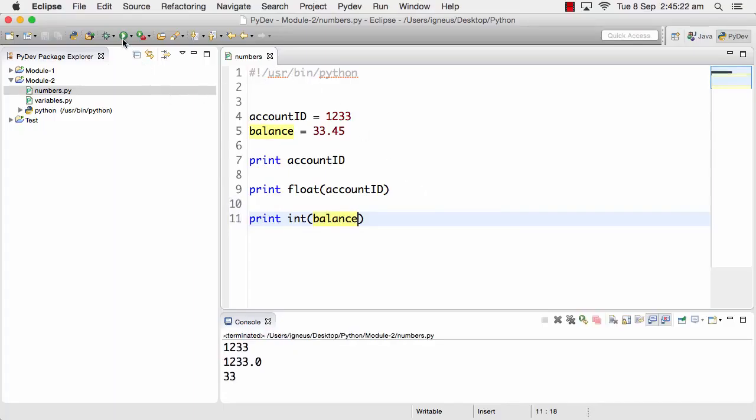And when I run this, notice now it says 33. That means I have lost the .45 of my dollars. That's not a good thing for a banking application. So you should always be aware while converting the numbers from one to another, make sure that you follow the